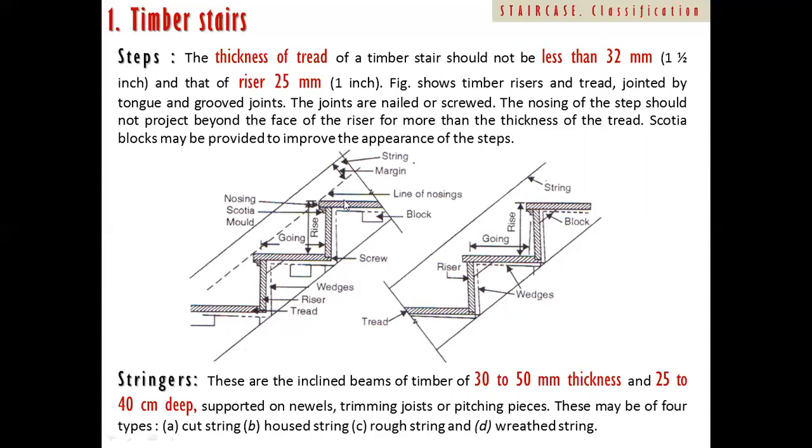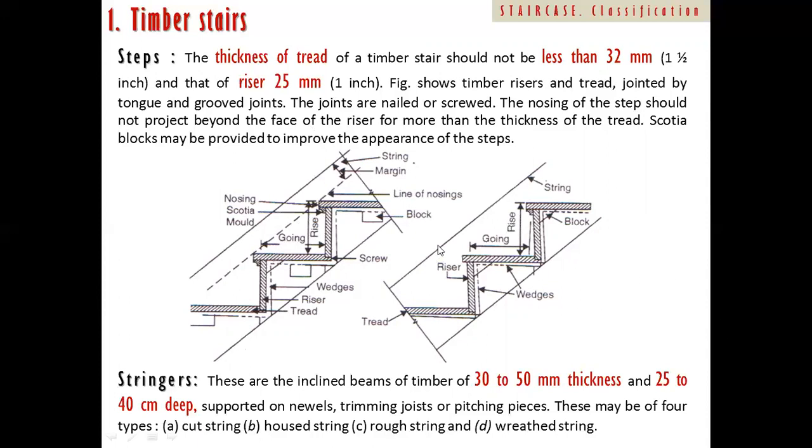As far as thickness is concerned, we can see the thickness here. As the tread takes the load of our feet, its thickness is more than the riser, 32 mm, whereas the riser thickness, which is going to be fit between these two treads,